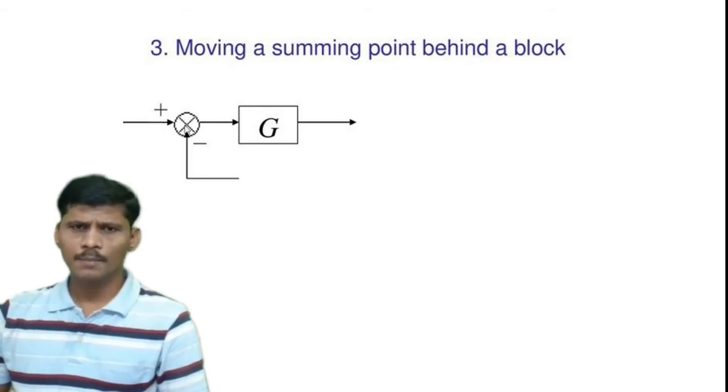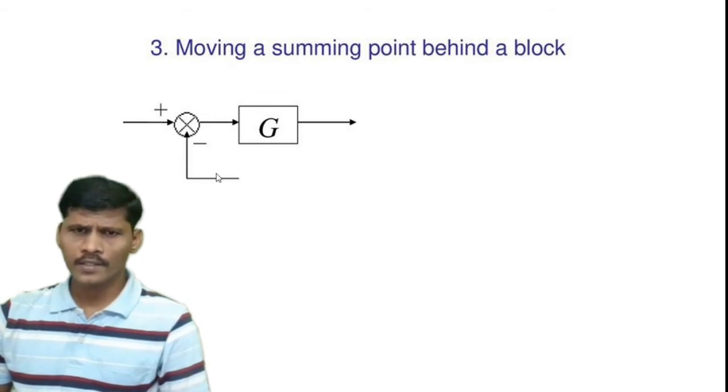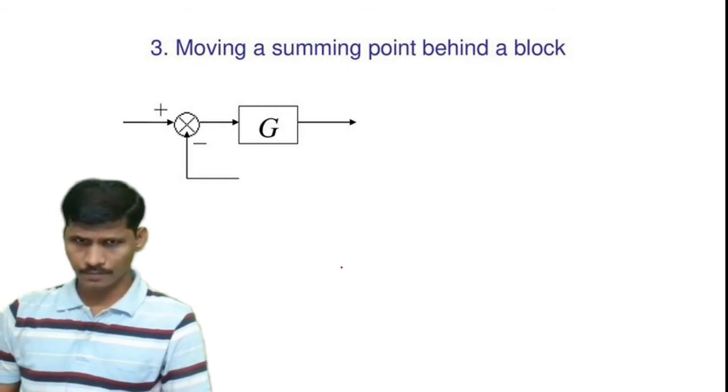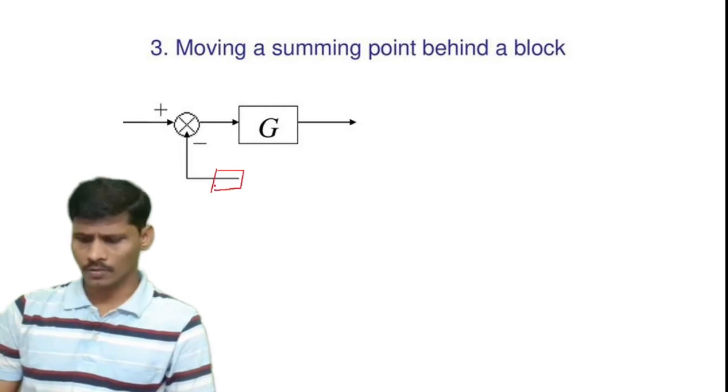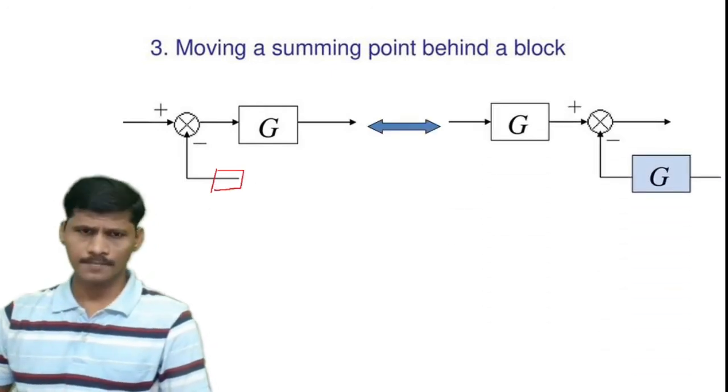So moving this summing point after the block, here consider another additional block. Now here we can choose another additional block. Here we can represent another additional block. So therefore the equivalent diagram is